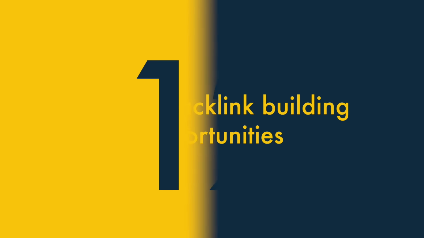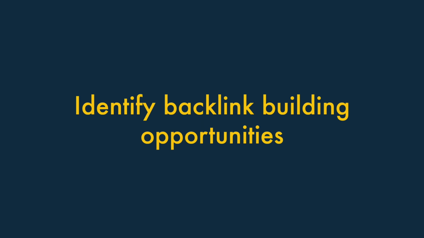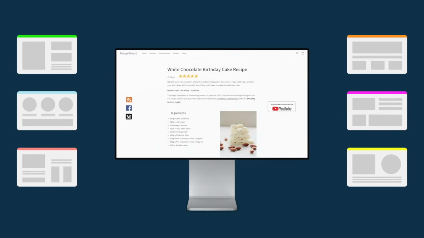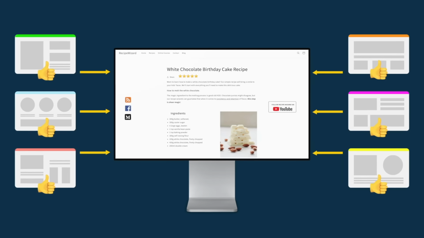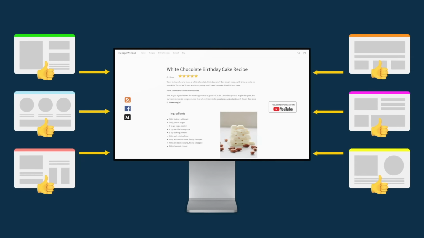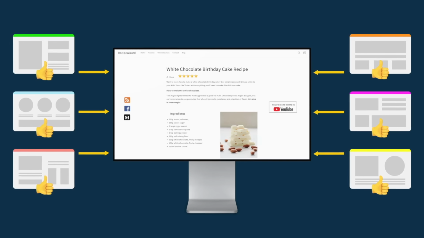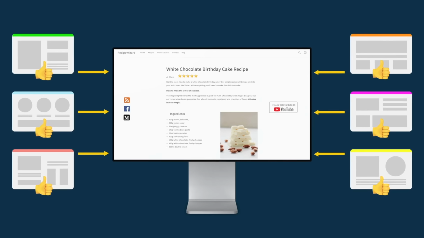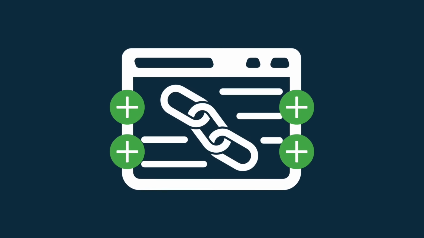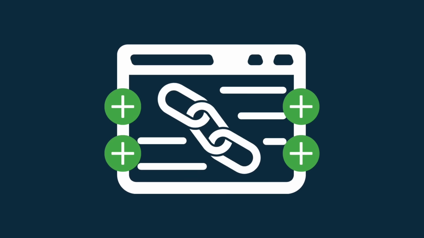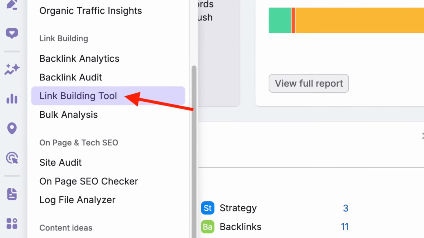12. Identify backlink building opportunities. Backlinks are links to your website from other ones, and they're a key part of SEO. This is because Google effectively views them as votes for your content. The more high-quality sites that point to your site, the better the chance of your pages and posts ranking highly in search results. If you'd like to identify link-building opportunities for your website with SEMrush, you can do this by